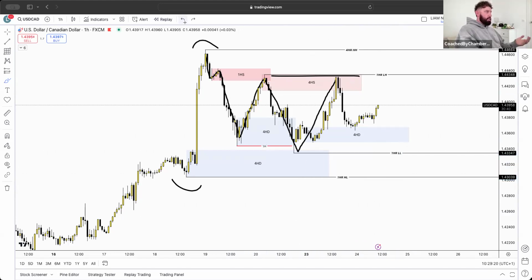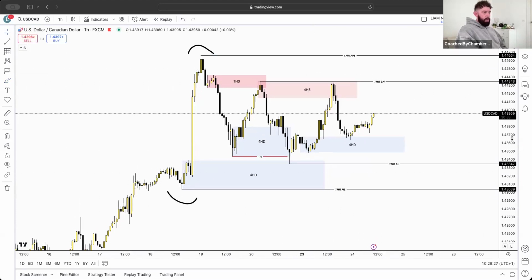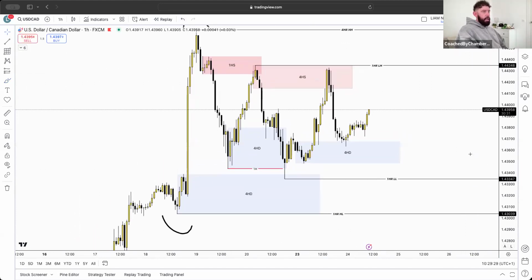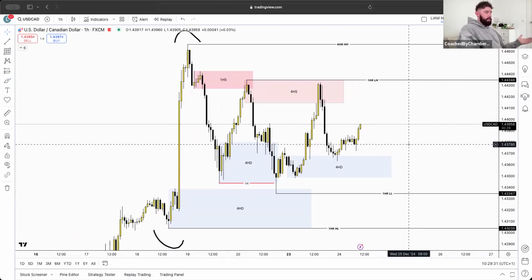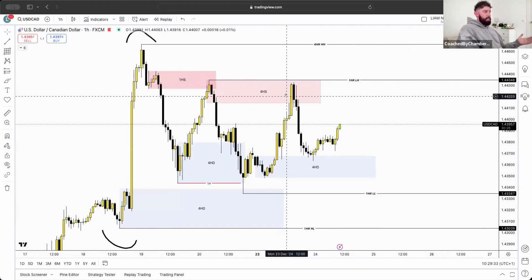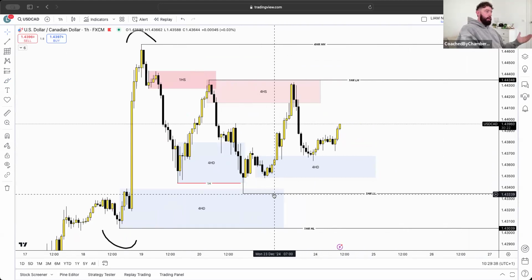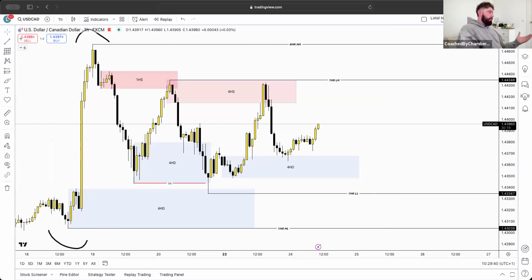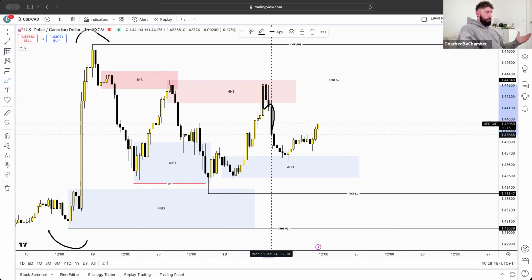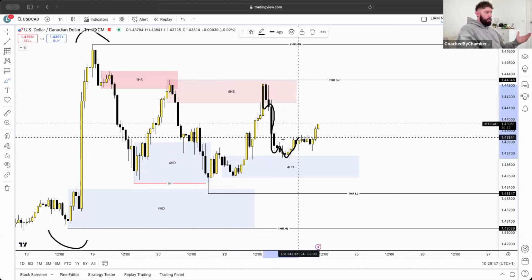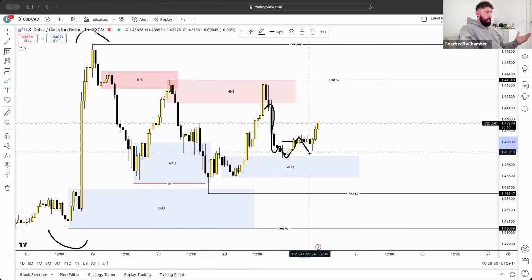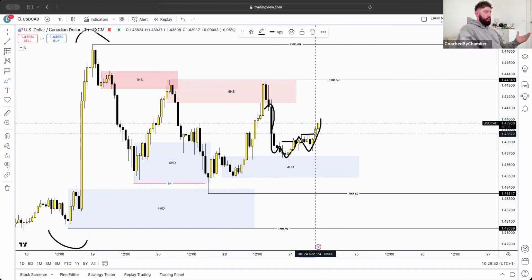So one thing that I want you to understand is because the 4 hour trend is in control, let me get rid of this. If we look at where we're at currently with USD CAD, if we need the dollar to go up, we obviously expect the USD CAD to go up. So yes, we're reacting from this 4 hour supply. Now this hasn't broken this low, which for one is a problem for me. Now also in the 15-minute, we've had a change of the trend. So if you look at this, we would have had a little pullback, and we've had a change of trend, and then we've tapped back in lower, and now we've had another change of trend.